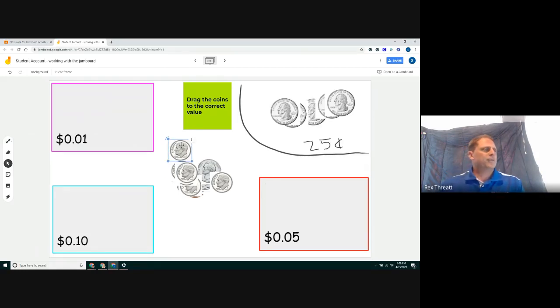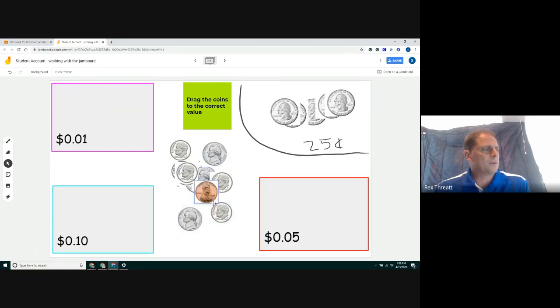But all these coins, they're just screenshots. I just did a screenshot and then pasted this multiple number of coins in here, so the students can interact with that and move those coin pieces around. I'm going to go to slide 3, so if you'll join me on slide number 3,